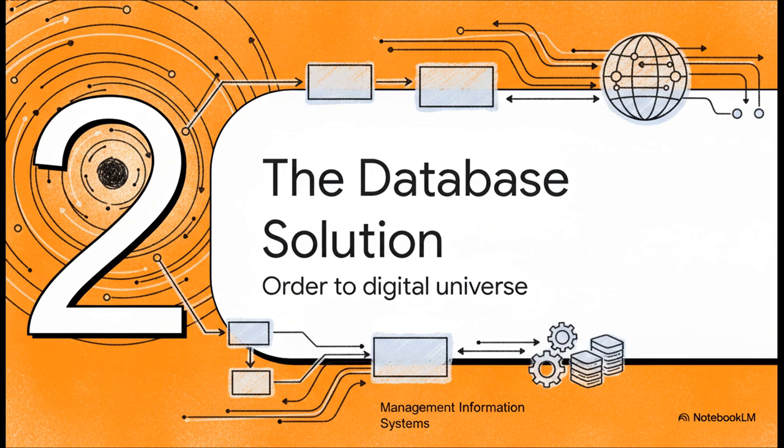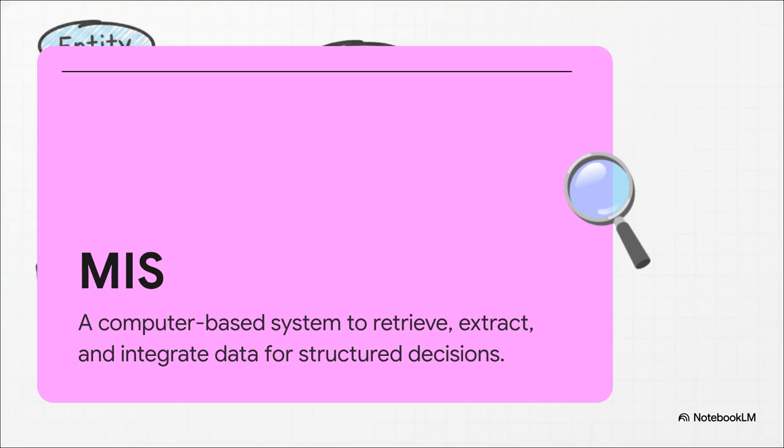Moving on to Part 2, the database solution, bringing order to the digital universe. So, this brings us to the technological heroes of our story, Management Information Systems, or MIS. An MIS is this brilliant computer-based system that retrieves, extracts, and integrates data from all those chaotic sources. It kind of acts like a secure traffic cop. It ensures that every manager across different departments can access shared databases from one central place, all governed by strict